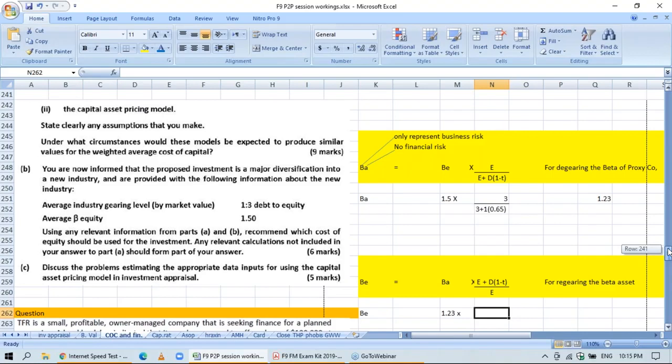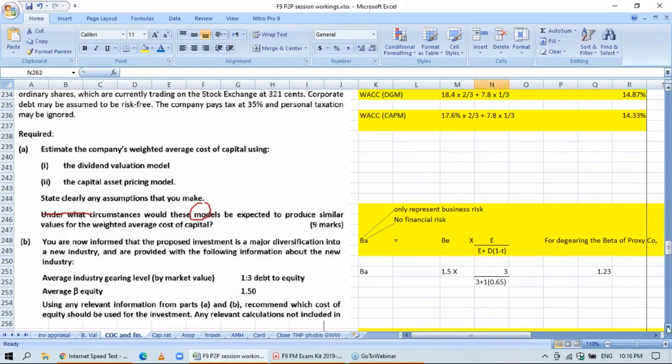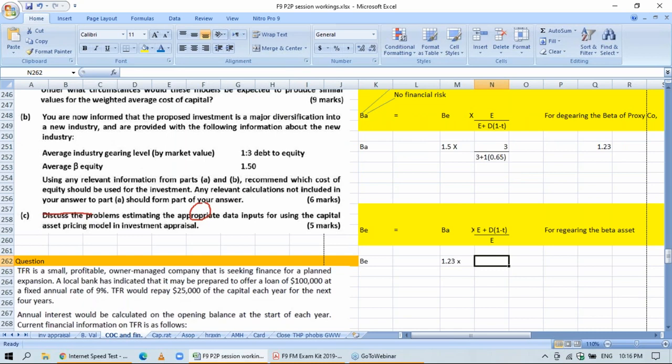It's there in the first line. 1.2, the company's gearing level. So it has been given that financial risk is different. So now putting in this formula for re-gearing the beta asset,